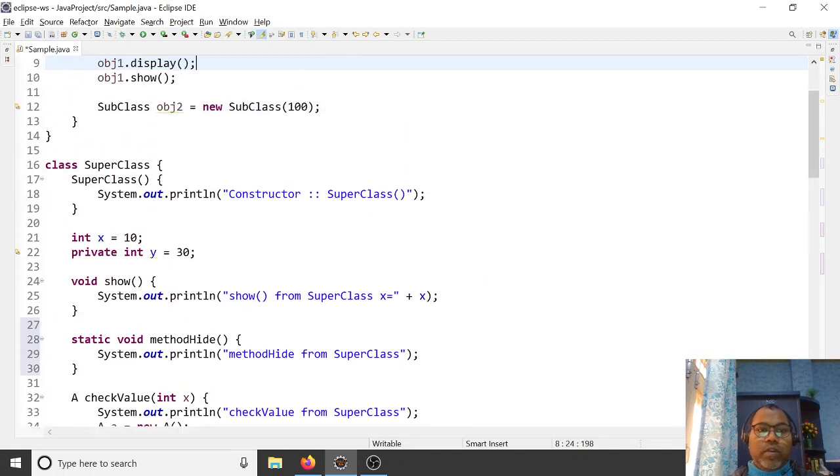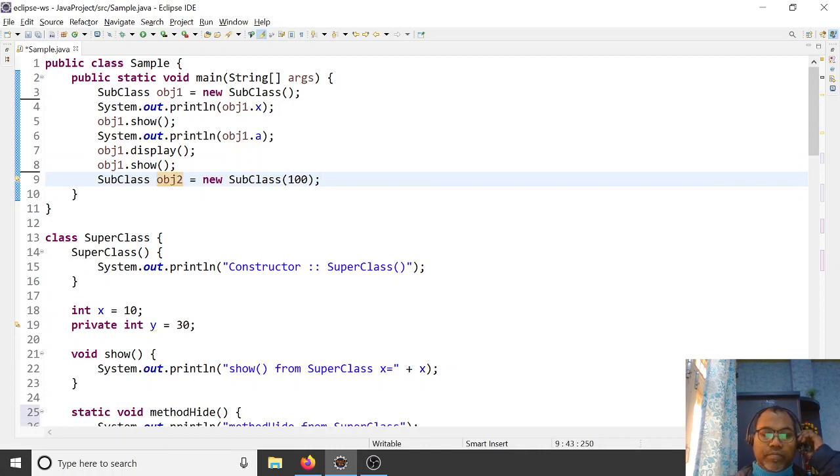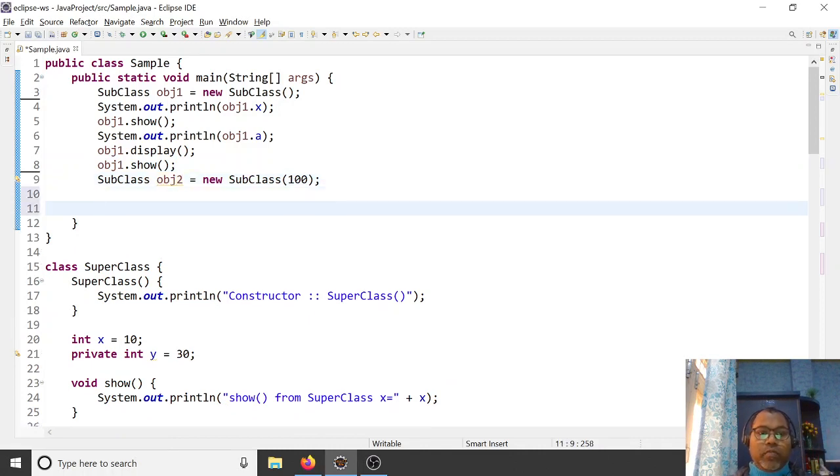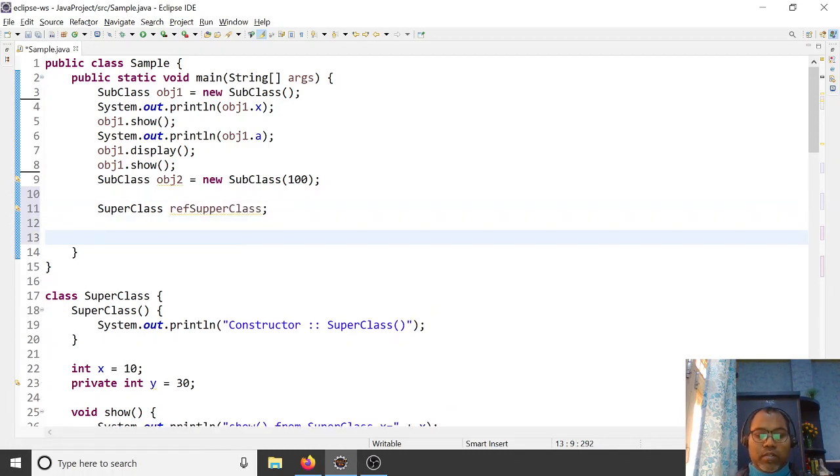Another thing: write a superclass reference, and a subclass reference.